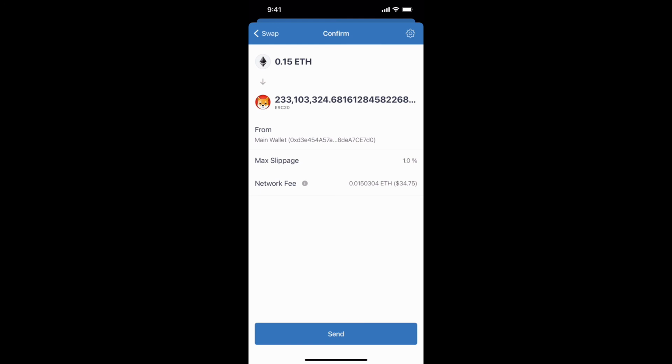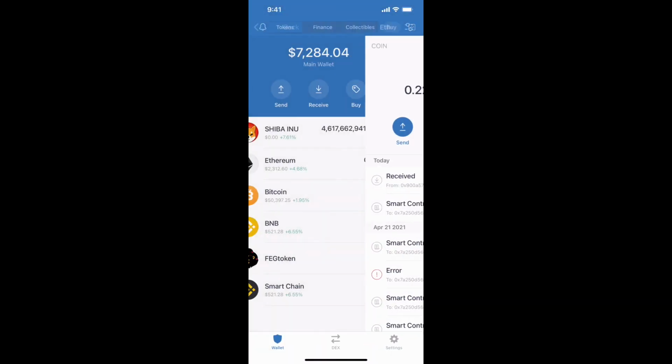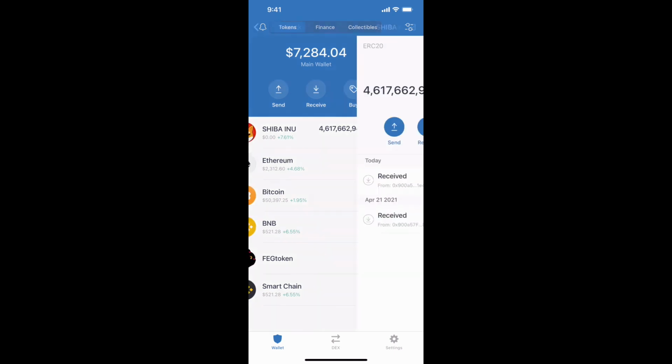and then we click on send to confirm the swap. Once the swap is done, we will find the SHIBA here,